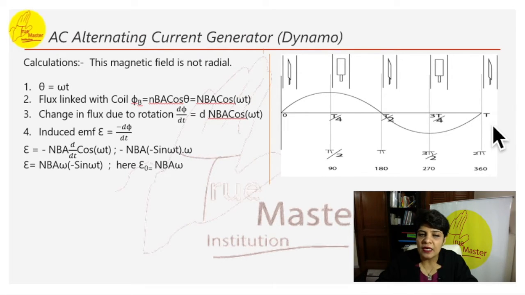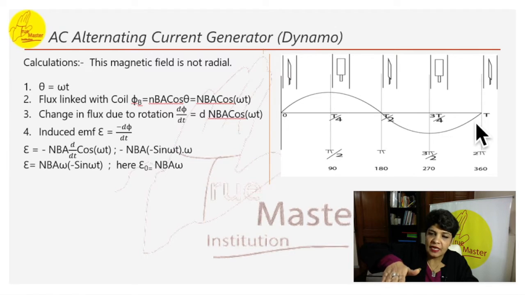The direction of the current remains unchanged during the first half turn. If you see this, from 0 to T is the total time, T/2 is the half time. So the current remains unchanged during the first half turn of the armature. In the other half, the direction of the current is reversed. This graph shows the direction has gone from this part to this. The direction has changed. Thus the direction of the induced EMF and the current changes in the external circuit after each revolution.